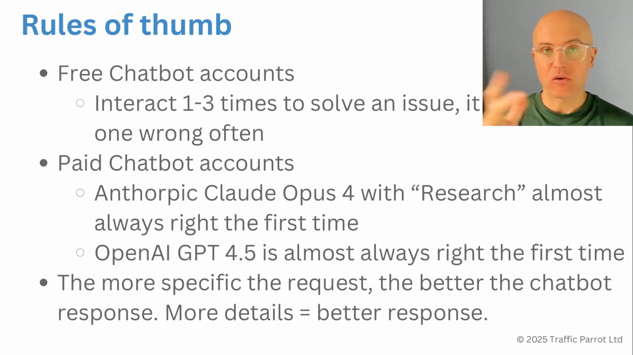There are 3 rules of thumb. The first one is, if you're using free chatbot accounts, you'll need to interact with it a few times as part of one conversation before it gives you the right answer. So keep in mind that the answers the free chatbot accounts generate, those models will be wrong most of the time to start with. If you're using paid chatbot accounts, for example Claude Opus 4 or OpenAI ChatGPT 4.5, which will become free, I'm guessing, at some point in the next 3 to 12 months, but they're not at the moment of this recording,